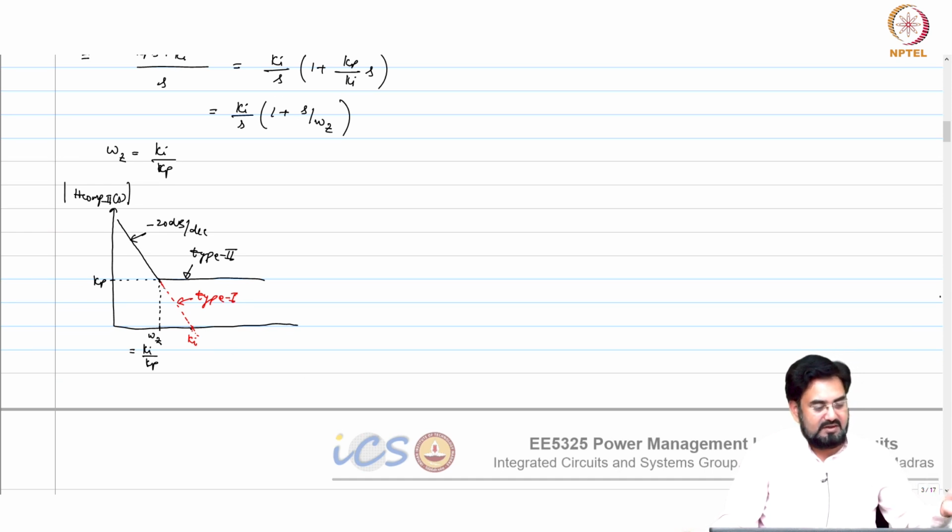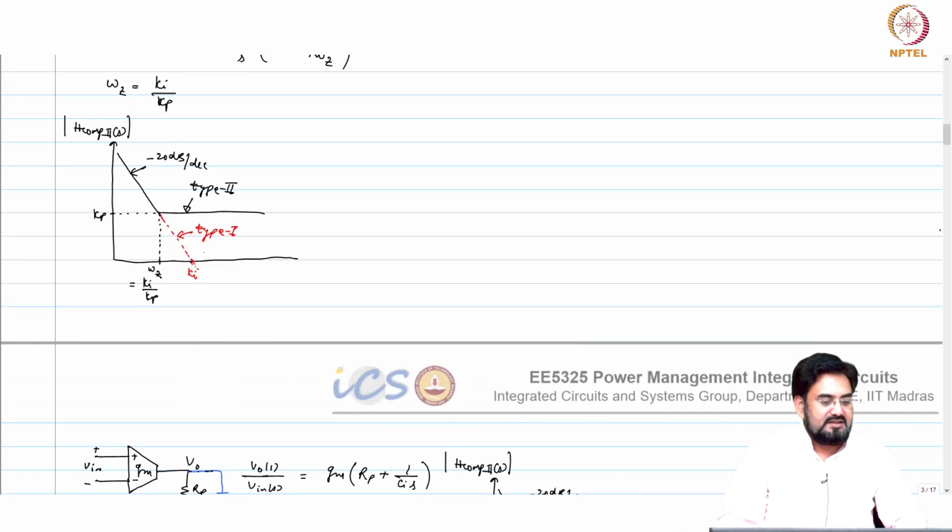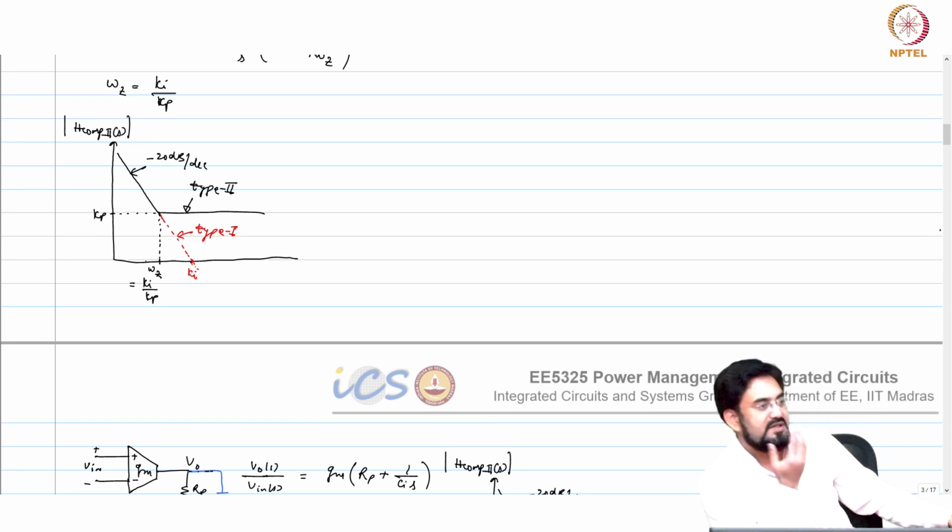The other thing, I already told about that, if you could keep this zero at a lower frequency, then ultimately you are increasing the proportional gain, and if you are increasing the proportional gain, then your UGB may move to a higher frequency. So you have to adjust back. So you cannot arbitrarily make this zero at a very low frequency, and if you make this very low frequency, then what control do I have to reduce the gain?